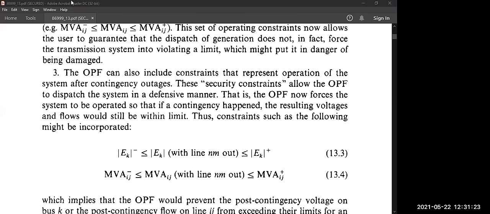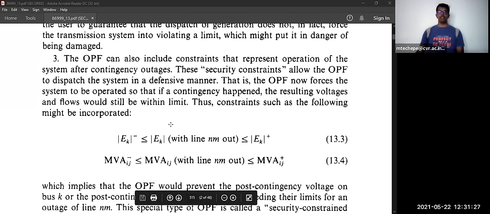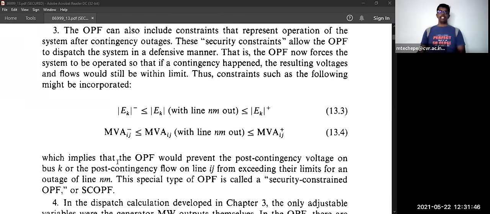Next is the MVA limit. The MVA limit also, within the reactive power, will be changing or not. That also should be within the limit where the line outage happens in that particular line. That is NM, that is line outage, which implies